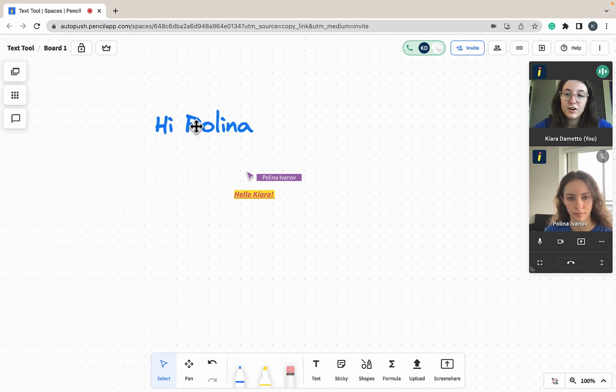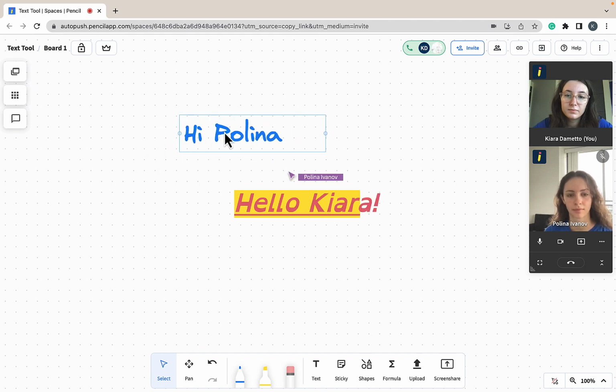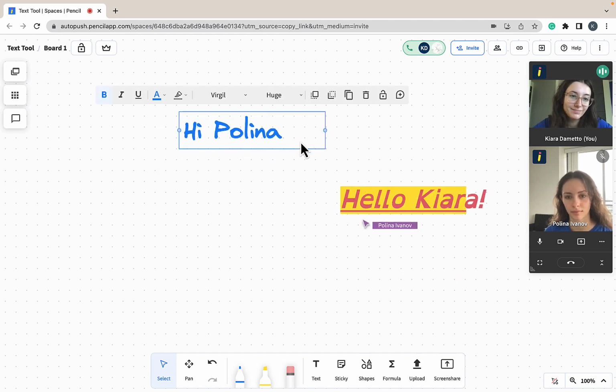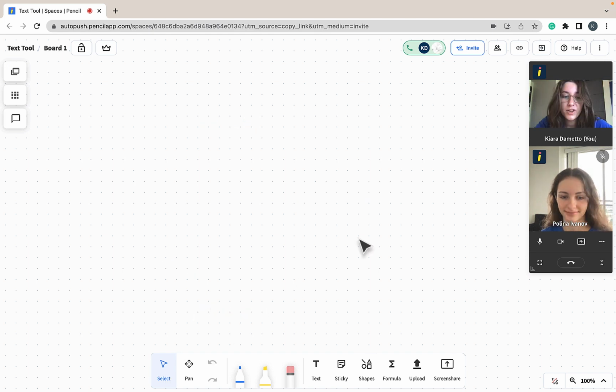Text can also be moved around the whiteboard and edited at any time. Make sure that when you are looking to edit your text or move it around the whiteboard, you are actively using the Select tool. So now when you use your text tool in Pencil Spaces,